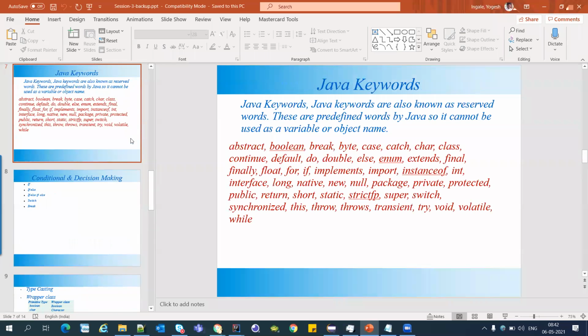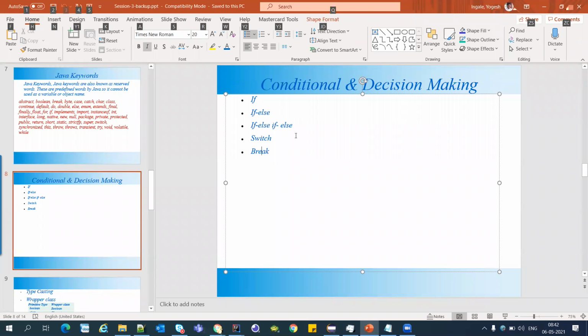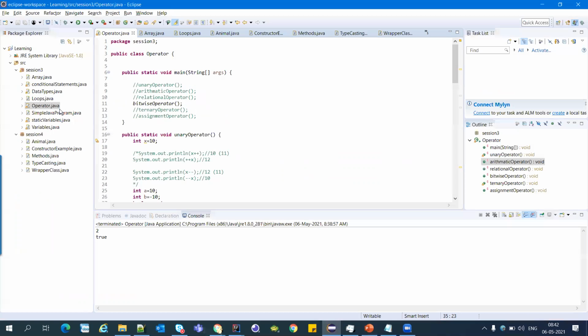Then these are the conditional and decision making statements: if, else, switch and break. Whenever we want to choose a condition, true or false, and act accordingly, we use these statements. We go with the examples.